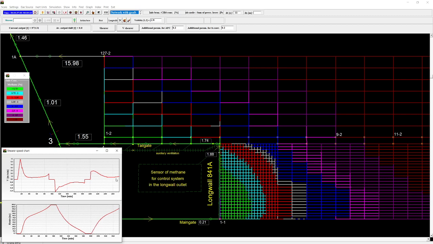And also, if we compare the cumulative emission of methane in case of controlled and constant speed operation, we can see that this controlled release of methane is smaller than the one which occurs when we have emergency power breakdowns. So the third cut has finished, and this simulation will show